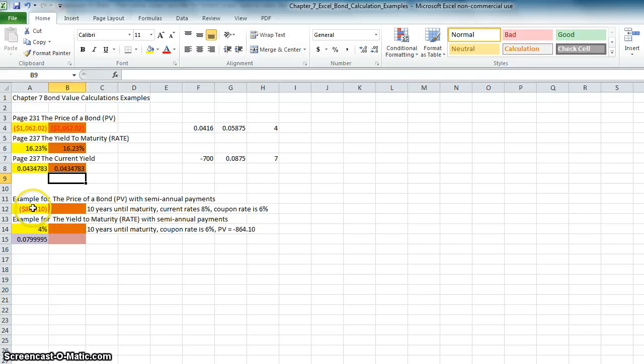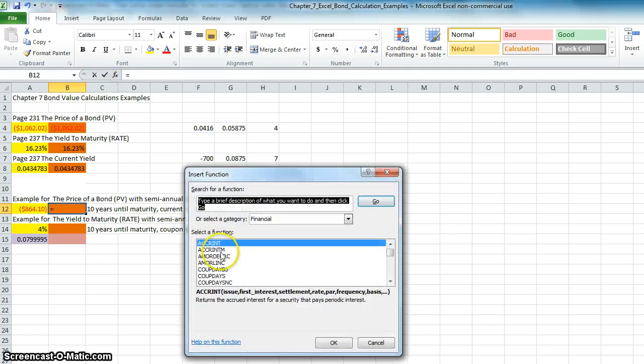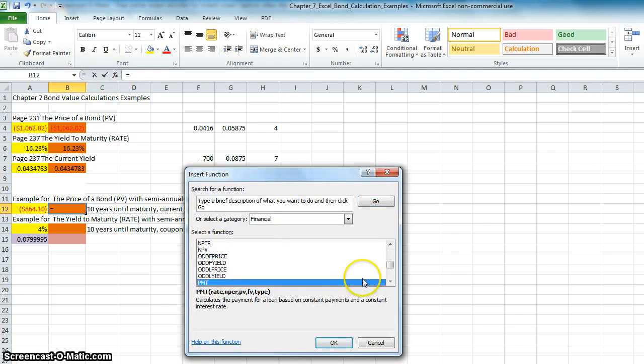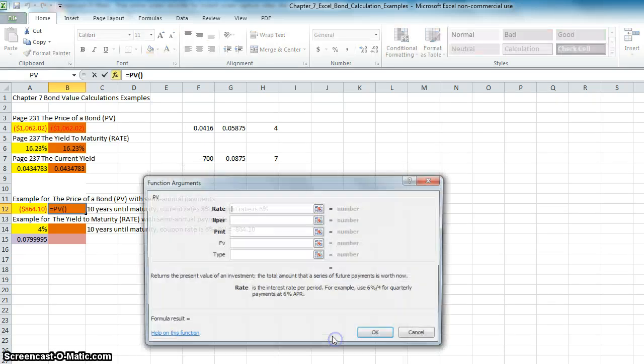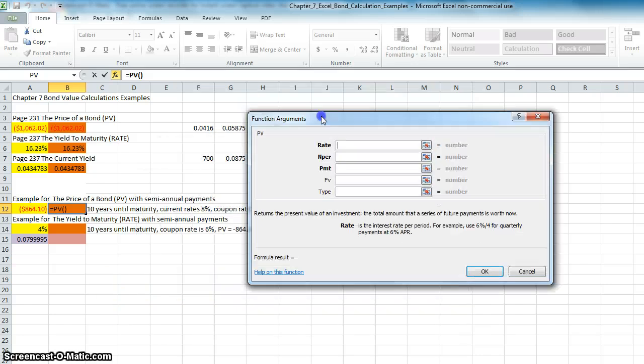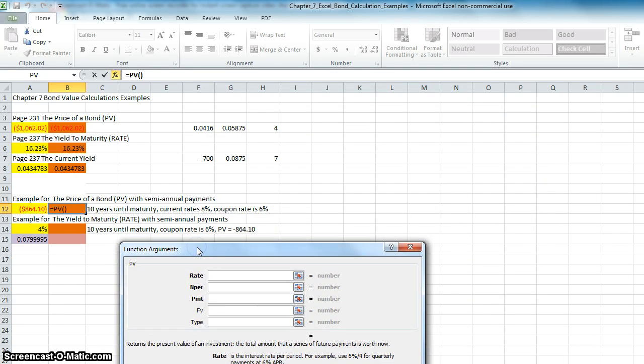All right, let's look at our next one here. We got $864.10. We have 10 years to maturity. The current rate is 8%. The coupon rate is 6%. So I have all my information here. We're going to show how it changes a little bit when present value is semi-annual. So f of x, find PV, hit OK. We got a rate here. We have 8%, so I'm going to do 0.08,